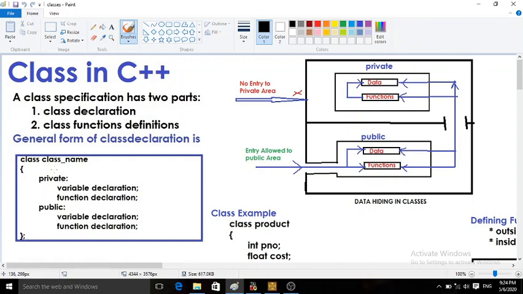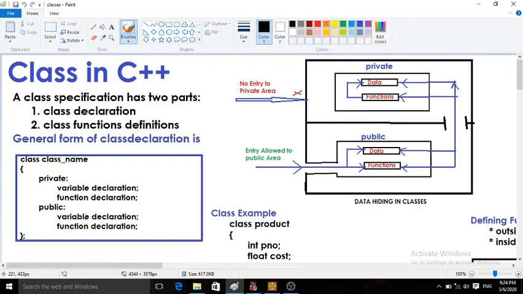Whatever variables or functions are declared as private will remain hidden from the rest of the program. That means only the functions declared within the class can access the private data or functions. This is the data hiding feature of C++ and object-oriented programming.